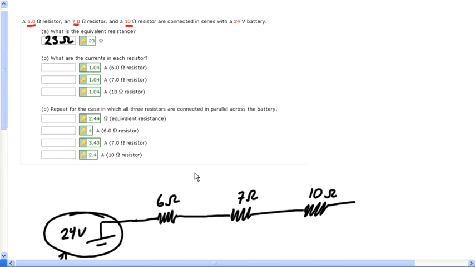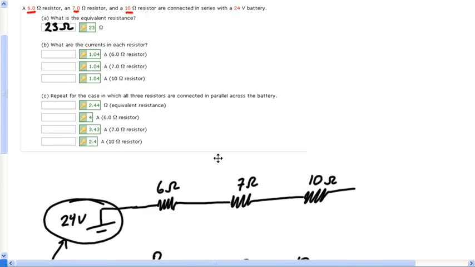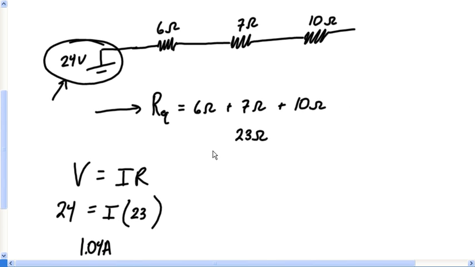But check this out. Let's look at WebAssign. What are the currents in each resistor? They're all the exact same current. Why would somebody do that? Well, we've already established you just found that 1.04 amps of electricity leaves that battery. Follow it. It's like water in a pipe. Where's it going to go? It has no choice. That 1.04 amps has to go through here, and that 1.04 amps has to go through here, and it also has to go